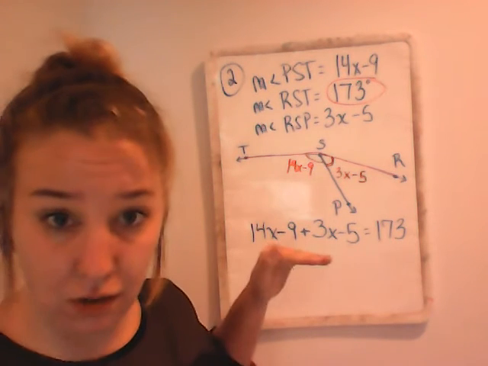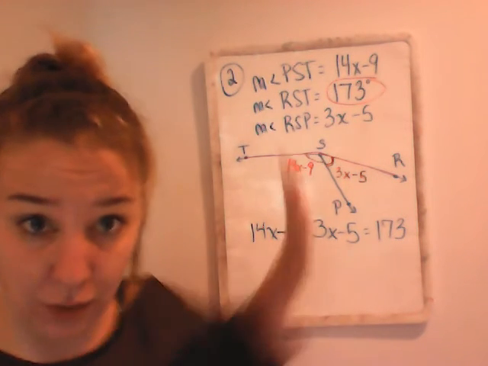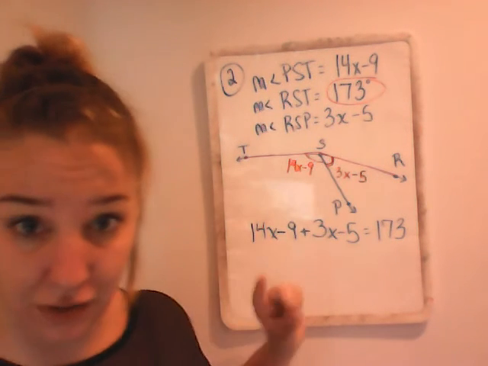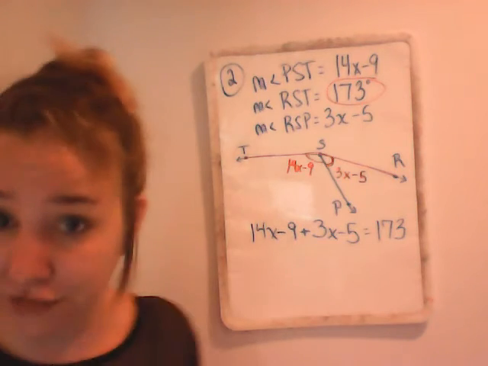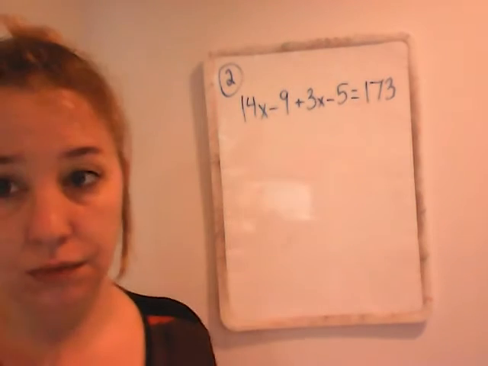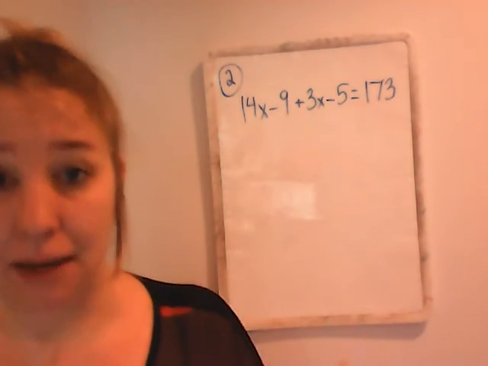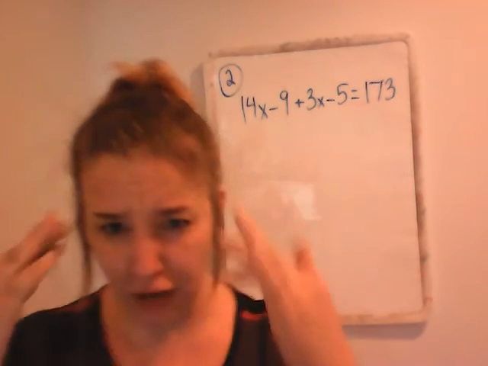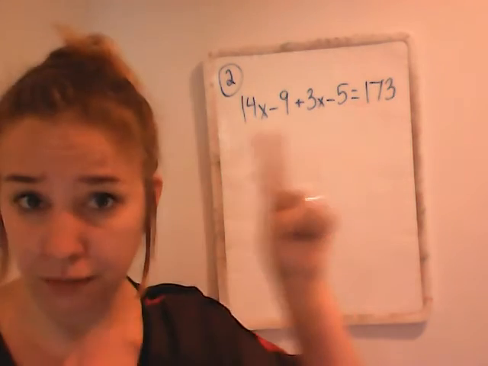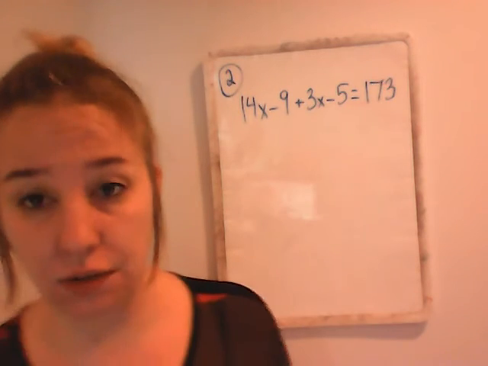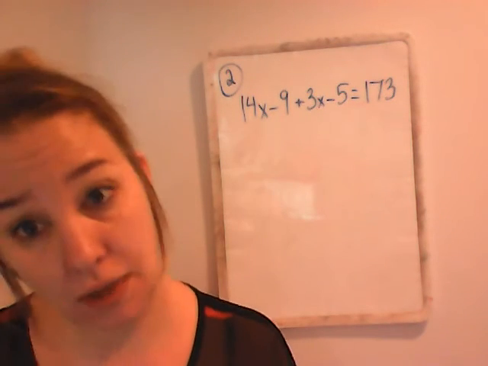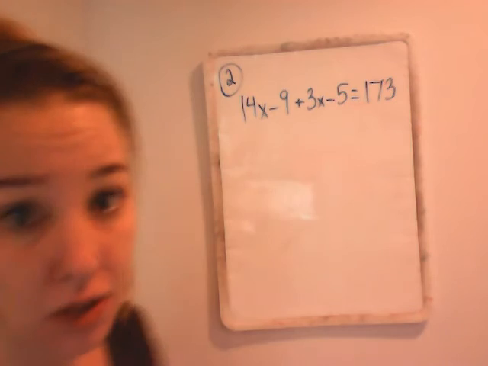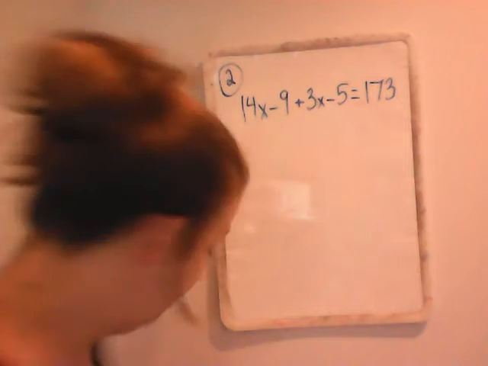I'm running out of space, so I'm going to take all this down and rewrite and just show you how to solve the equation. So this is how you set up the equation, which is your first step. Our first step is to figure out what our equation looks like, which we have here. Now I need to actually solve for x. So my first move is I have to combine like terms. So I'm going to take my x terms,